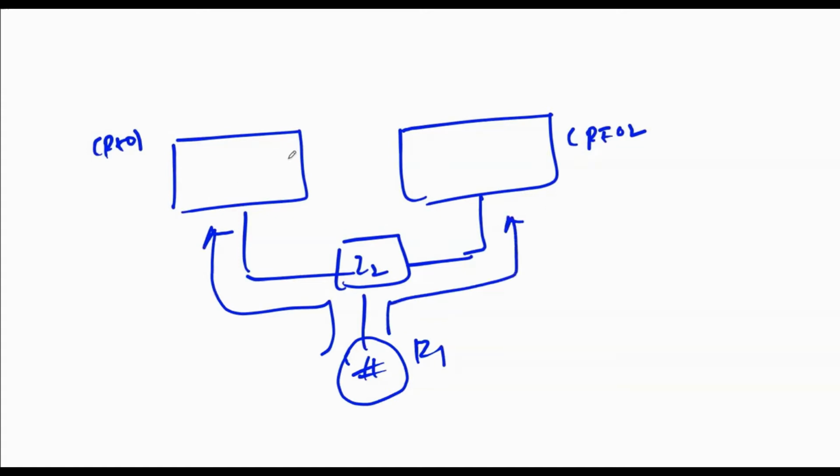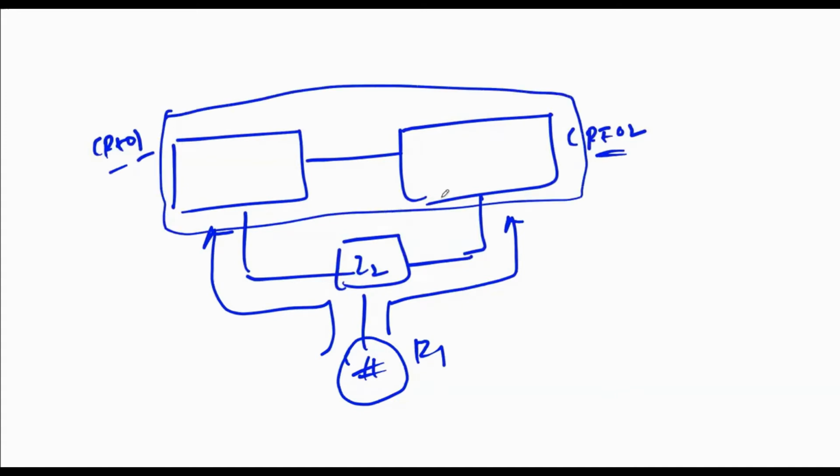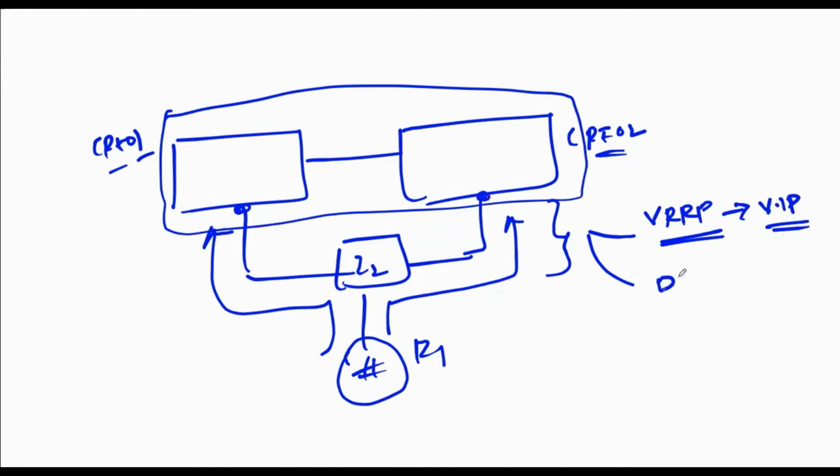So we are talking about the redundancy between CP01 and CP02. Now what will be at the LAN side? How do you decide whether the traffic has to be forwarded to CP01 or CP02? You have two mechanisms. One is at the LAN side, we are going to configure VRRP, and the next hop is nothing but the virtual IP address. This we can configure. This is one option. What about the second option?